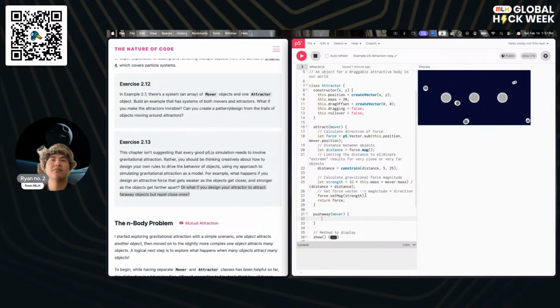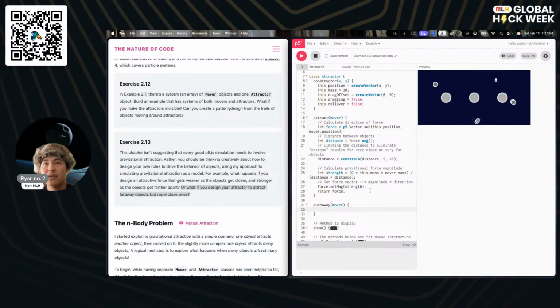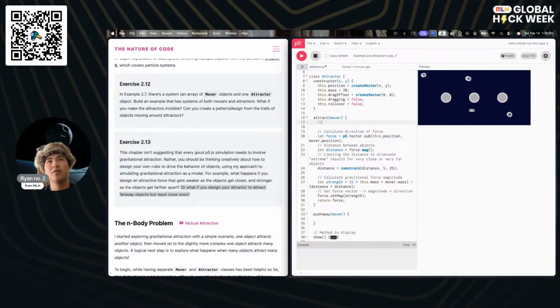So let's actually write down how we would use the push away before we define how push away works. So we're going in here, let distance is equal to, force magnitude, extreme distances, force. Okay, so we would actually want to handle this for the rest of this. So handle whether to push or to pull. Maybe instead of calling it push away, we're just going to call it bounce.